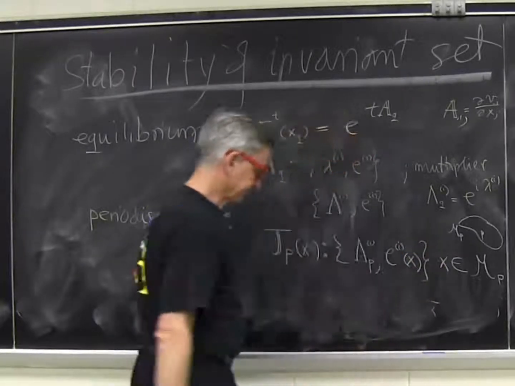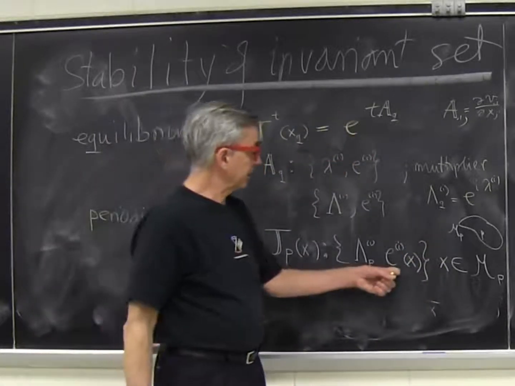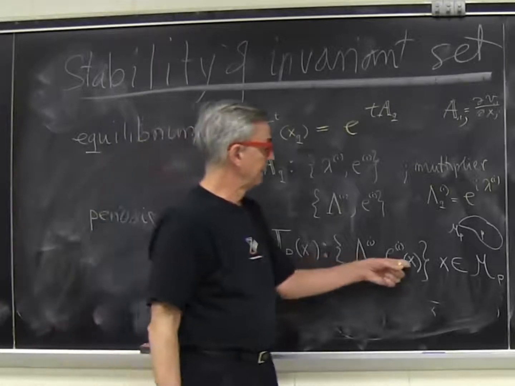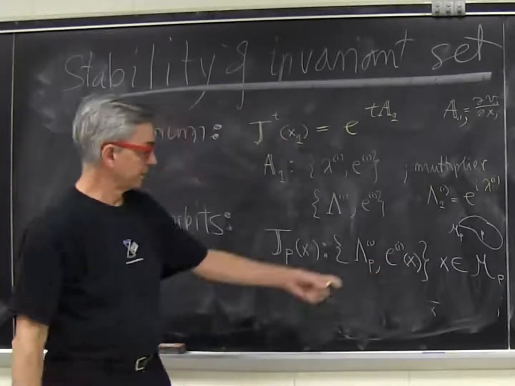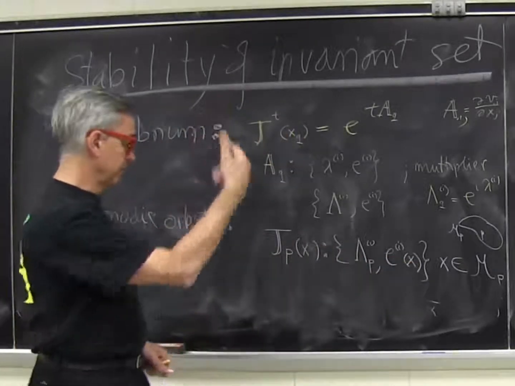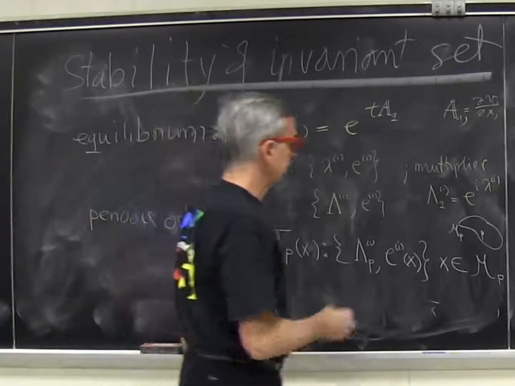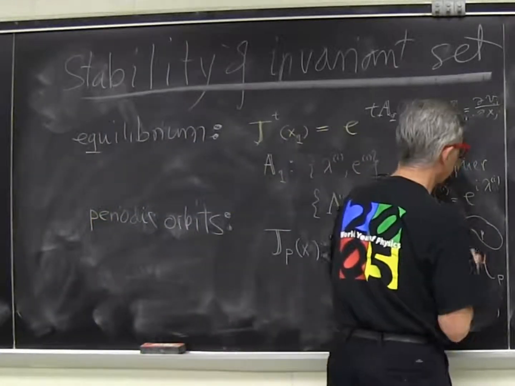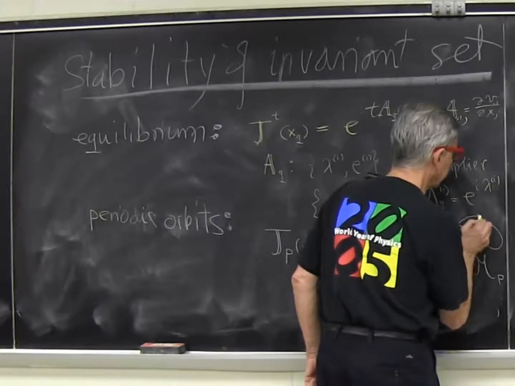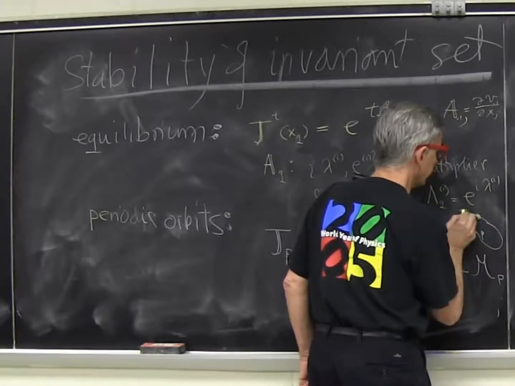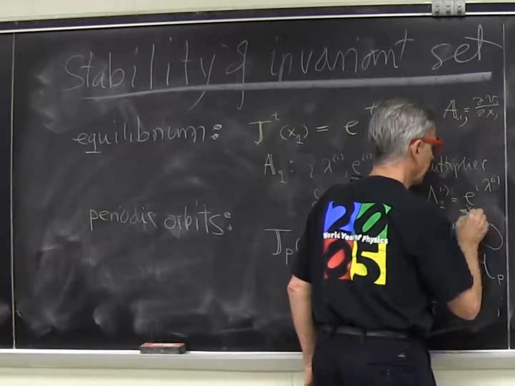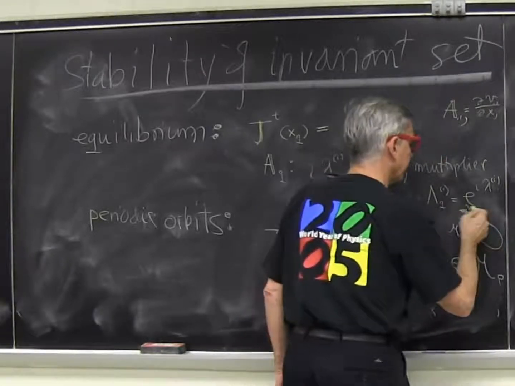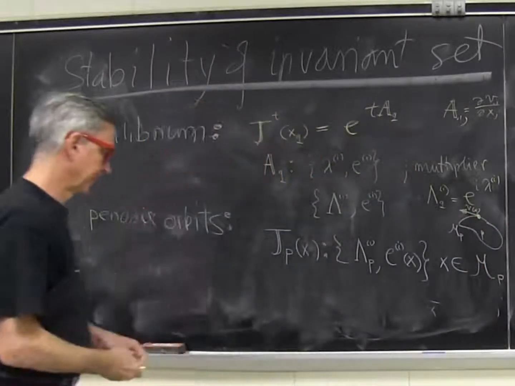And the eigenvector and matrix itself, they depend on where you are on the orbit. They will change as you move along the orbit. You know already one of them. So for example, one of the eigenvectors is always the velocity. I showed it before, at point x. And this obviously depends on what point we are on the orbit.